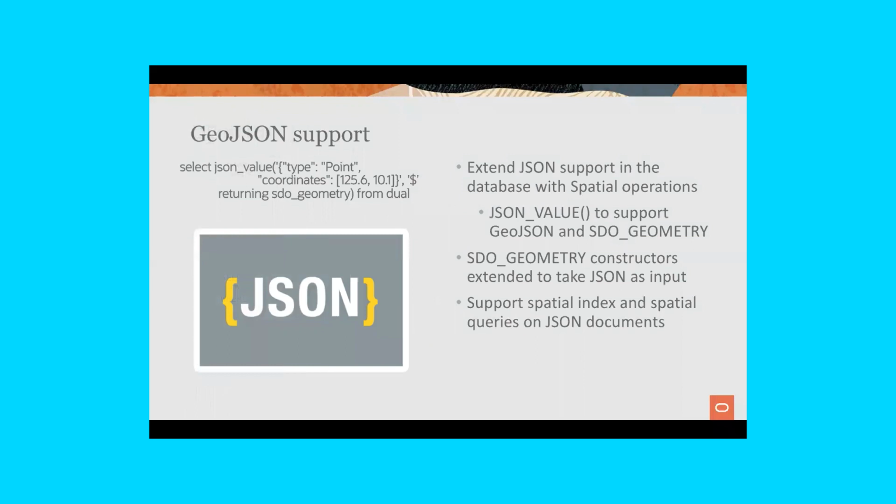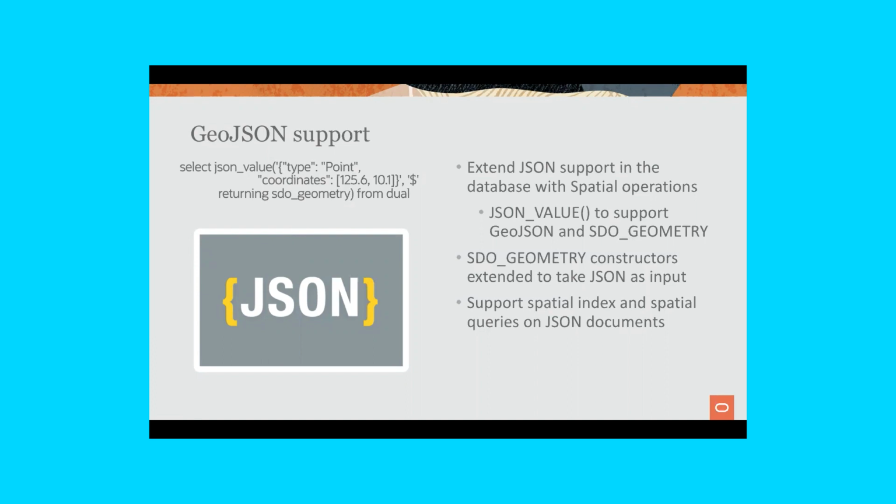So when we started, basically the geometry was stored in the database like that. So starting in 12.2, there is also support for JSON in the database. Now with the proliferation of all of these web applications, a lot of the times these web applications exchange spatial data using a format called GeoJSON. So GeoJSON is a standard format that is used to define spatial data, the sequence of these latitude and longitude values, the defined shapes.